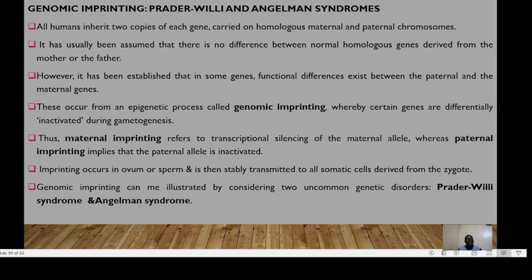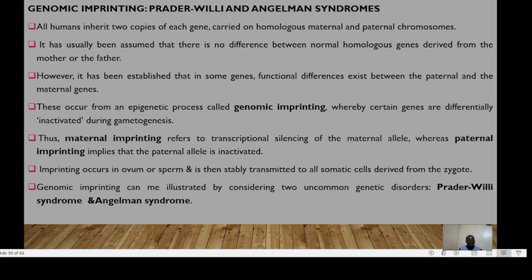Thus, maternal imprinting refers to transcriptional silencing of maternal alleles, while paternal imprinting implies that the paternal allele is inactivated. Imprinting occurs in the ovum or sperm and is then stably transmitted to all somatic cells derived from the zygote. Genetic imprinting can be illustrated using two uncommon genetic disorders which we have already listed, the Prader-Willi syndrome and